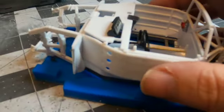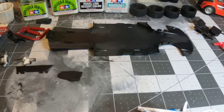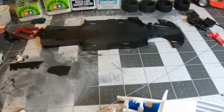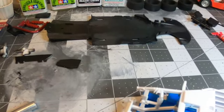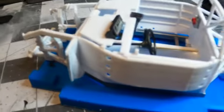I have everything mocked up. The chassis pan was not warped. I have had warped chassis pans before, and it's not a big deal because a little bit of warm water and something heavy on top of it will generally flatten it out. And yet also in this, when you build it up just right, whether you use the jig or not,